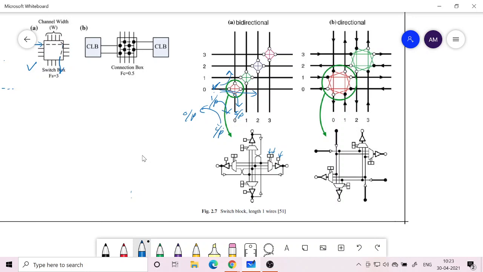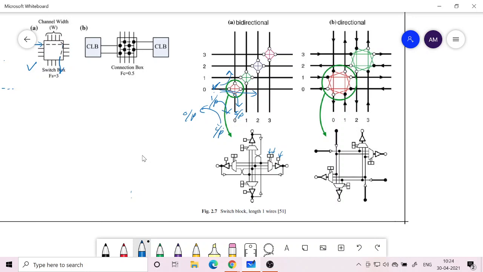Each SRAM cell has 16 transistors, so that is why it requires an enormous number of transistors. The recent chip I told you about has 35 billion transistors inside. So every place you require transistors to create SRAM, and then these switches themselves are made using transistors, because multiplexers and buffers all require transistors.